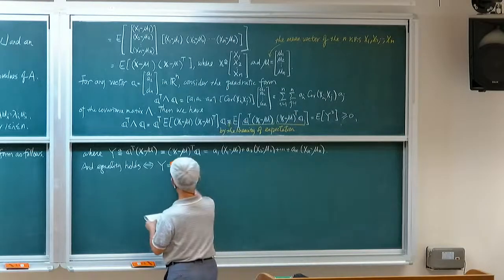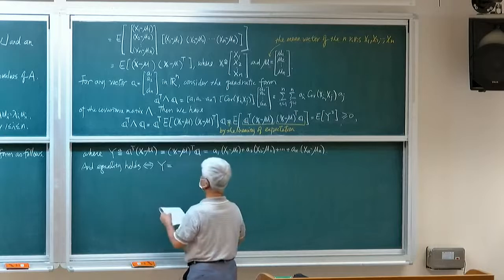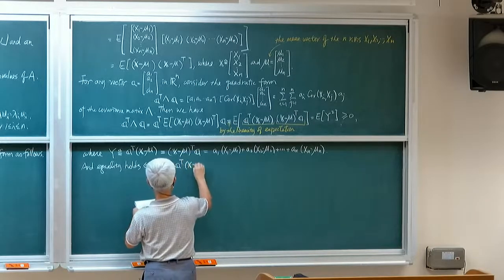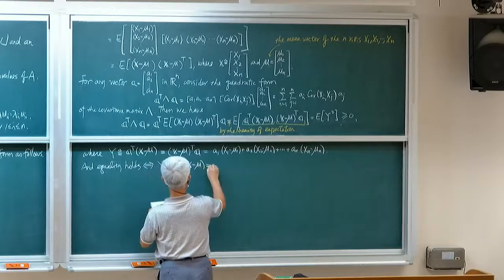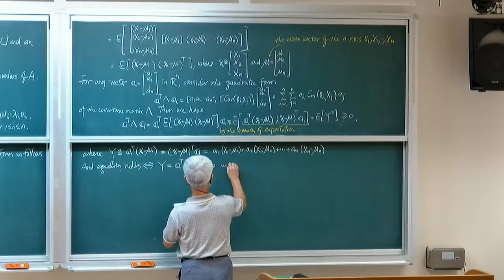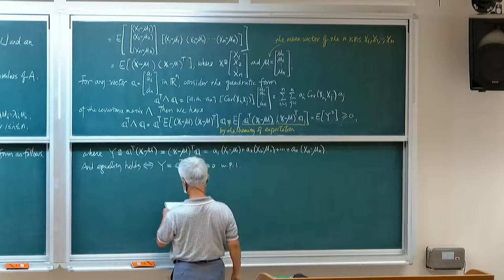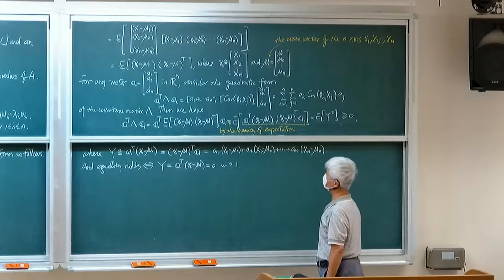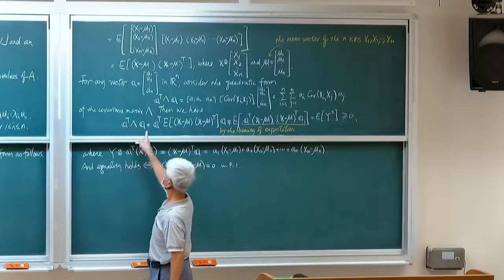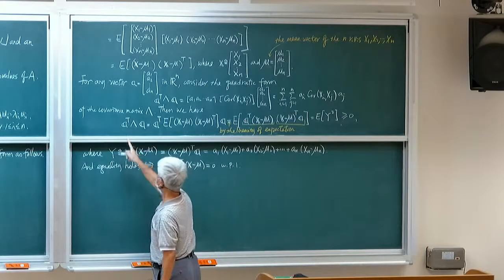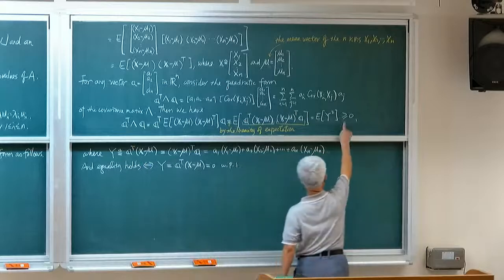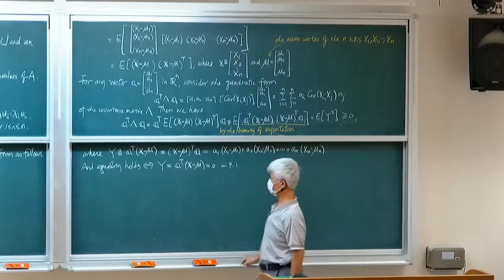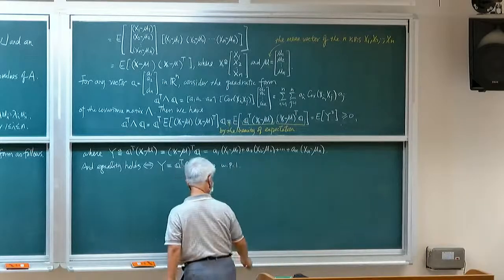But y, oh, I have to, so that is x minus mu is 0 with probability 1. Okay? So the quadratic form is 0. All right, it's 0. So equality holds means that